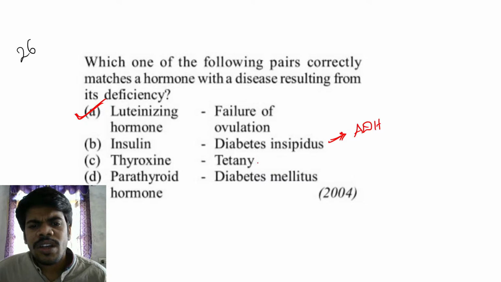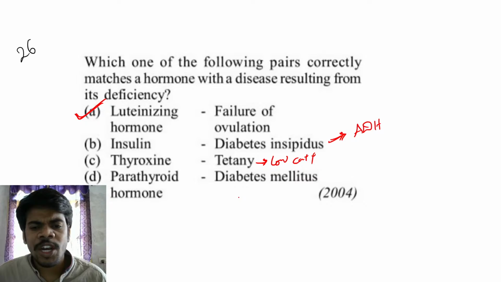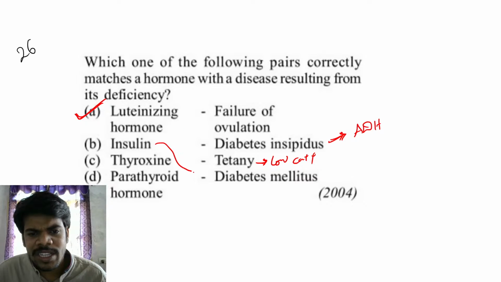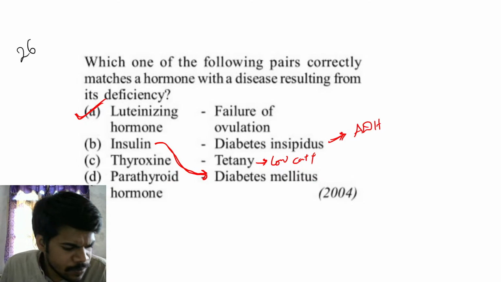Thyroxine deficiency never causes tetany. Tetany is caused by low calcium levels. And parathyroid hormone does not cause diabetes mellitus. Actually, insulin deficiency causes diabetes mellitus. Insulin and glucagon, which are released from the